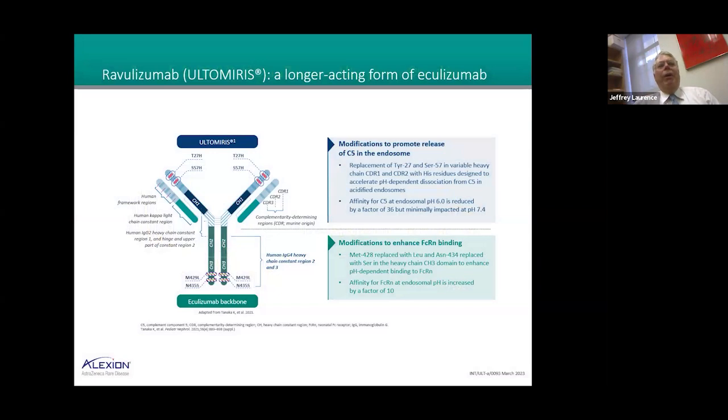The longer acting form, Ultomiris, has 4 mutations introduced to it. What it does is it basically converts this drug. It takes the normal adult Fc receptor and mutates it so that it acts like a neonatal Fc receptor. And as you all know, antibodies in the blood from the mother persist for 6 to 8 months because of that neonatal Fc receptor change. And basically they induce that in this drug. So this drug as maintenance you give every 8 weeks. Soliris, without these mutations, you have to give every 2 weeks.